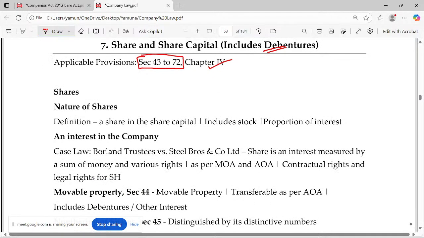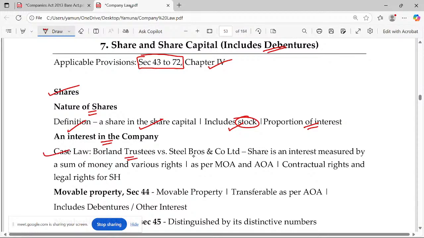So the first few pages are just the basics only. What do you mean by shares? The nature of shares: the definition is nothing but a share in the share capital, and it includes stock also. What do you mean by stock? It is the denomination of the shares. And when we say share, it's nothing but a proportion of interest, measured in terms of money. What's the right in the company? It's measured in terms of money. An interest in the company is being discussed in this case law,